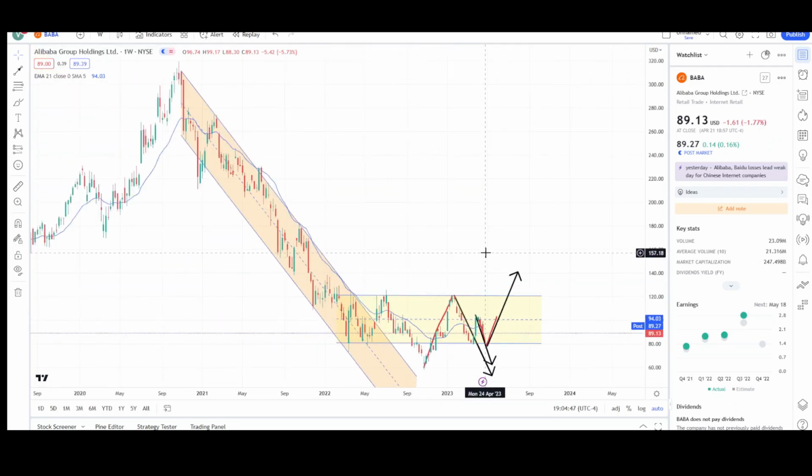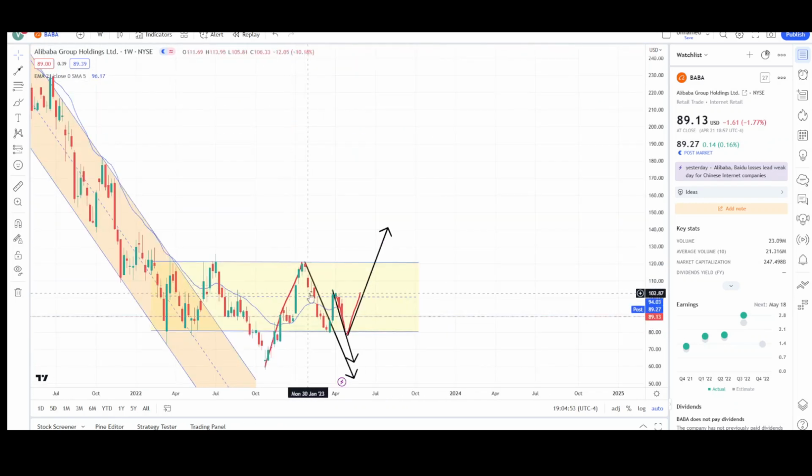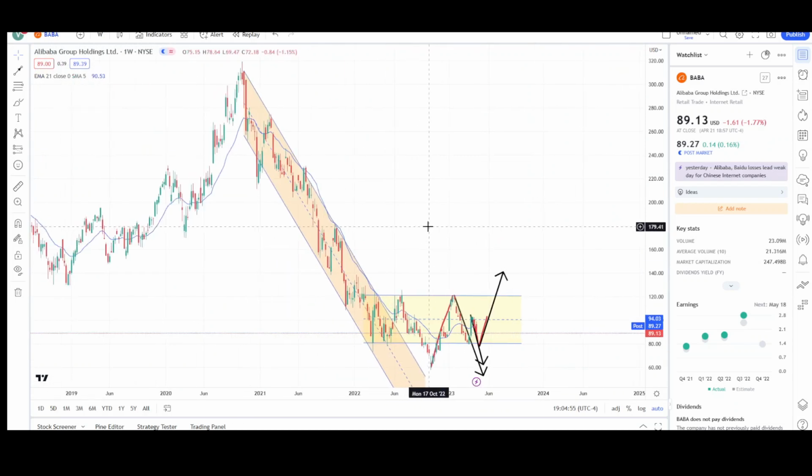So that's all I have for BABA this week. Unfortunately, buyers did not come through. Looks like it's dropping down lower, and yeah, I'll give you guys an update potentially next week,